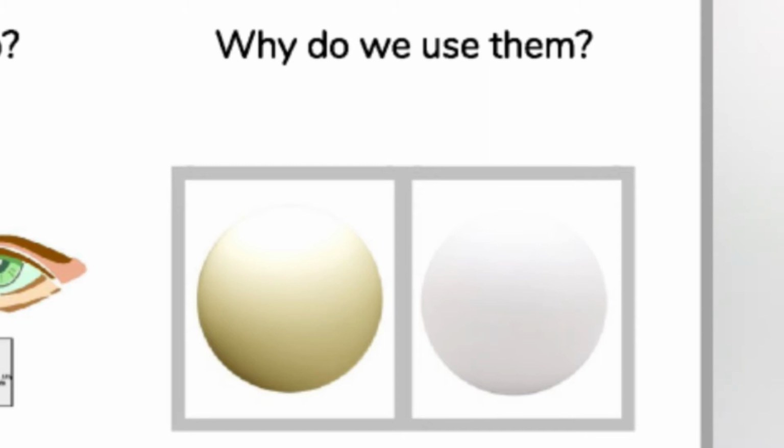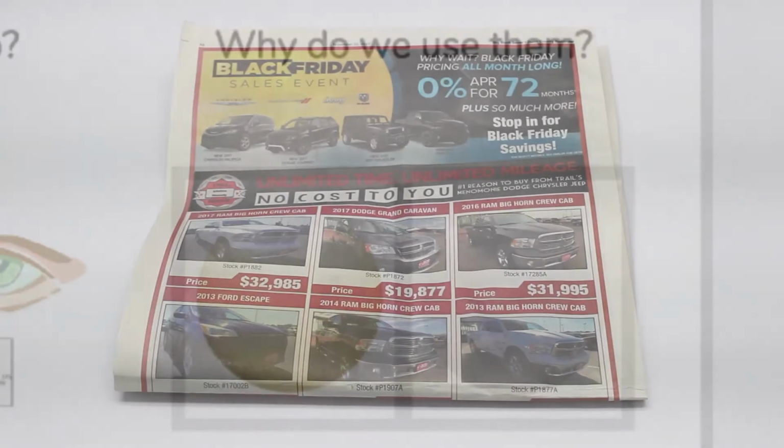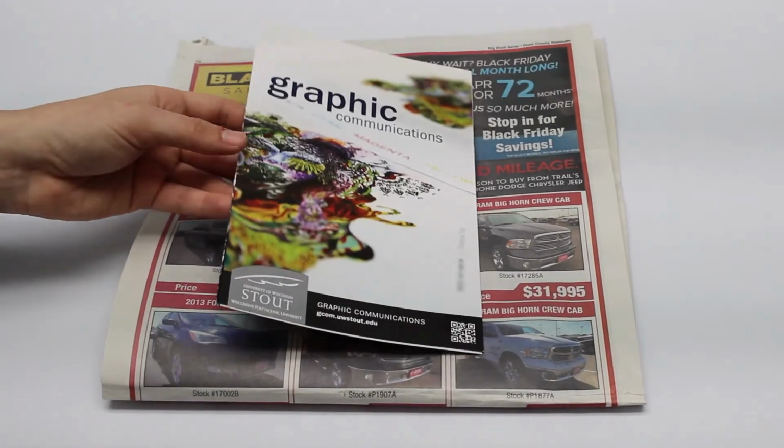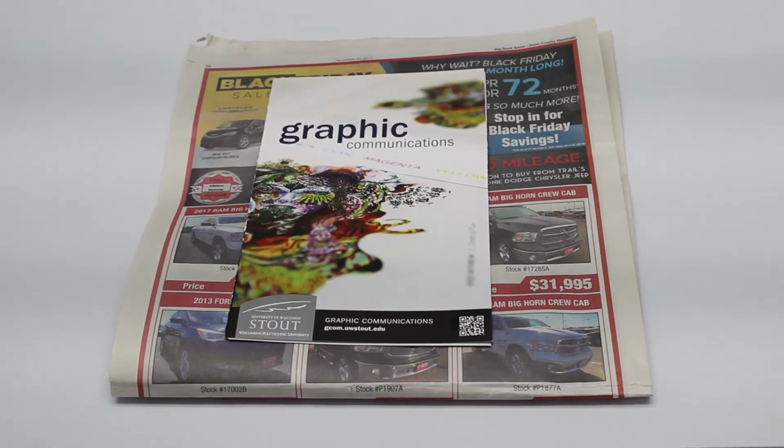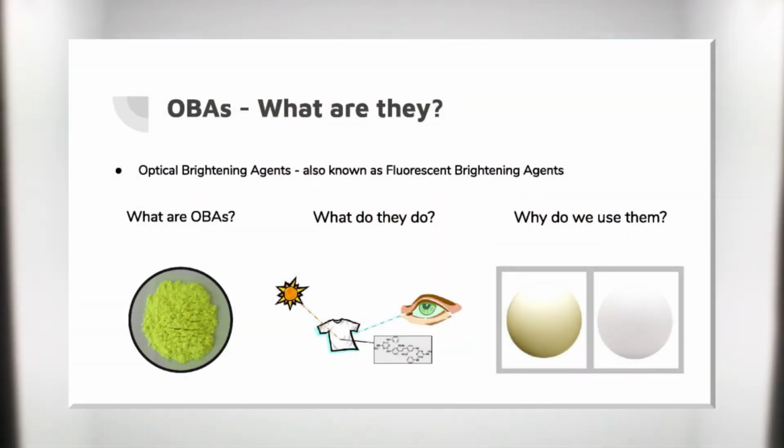Lastly, why do we use them? To humans, this bluer tone that's added to these common materials helps present whites as cleaner or purer. In terms of trying to sell something, individuals will find a cleaner looking product vastly more appealing. Companies who produce photo albums you might buy in an arts and crafts store, or white clothing like what you might find in a new package of men's t-shirts, frequently use optical brightening agents in the manufacturing of their product